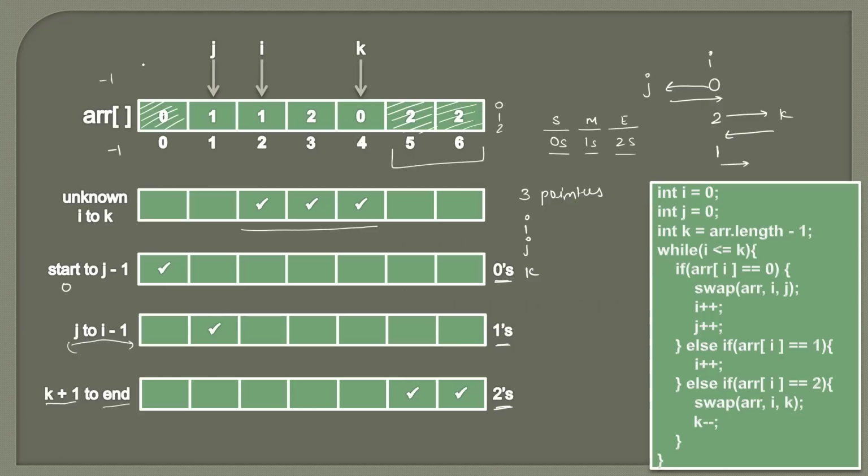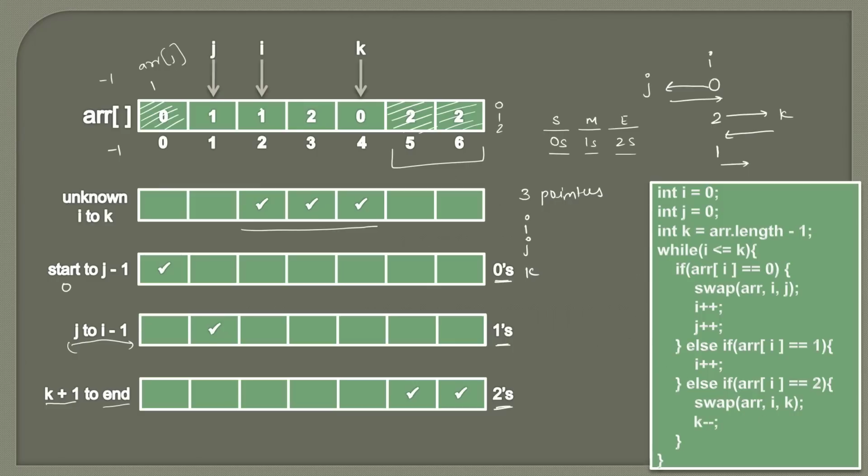But when we are swapping it with array of j, which is here, we are sure that there will be only one single value 1, because we have started traversing I from the middle, and whenever we are encountering 2, we are throwing it here, and whenever we are encountering 1, we are simply moving I ahead. So we are leaving 1 behind, so that will be the only value which will be swapped. So therefore it makes no sense to keep I in the same place, so we move I also with it. But here we don't know whether it's 0, 1 or 2 which is being swapped, so therefore we are keeping I at the same place.